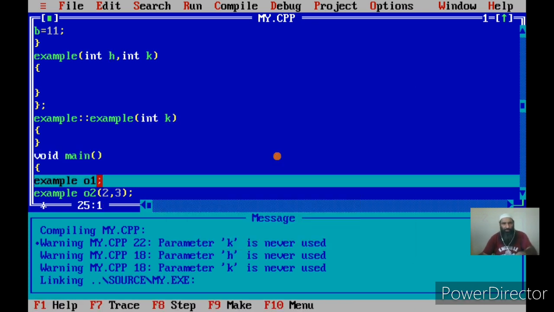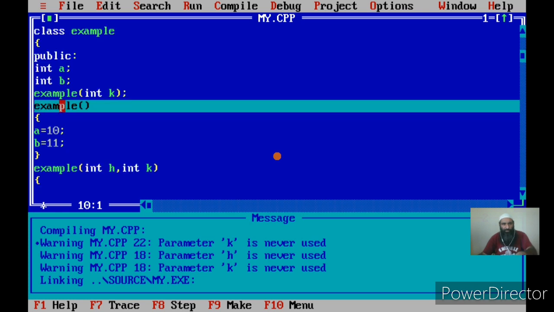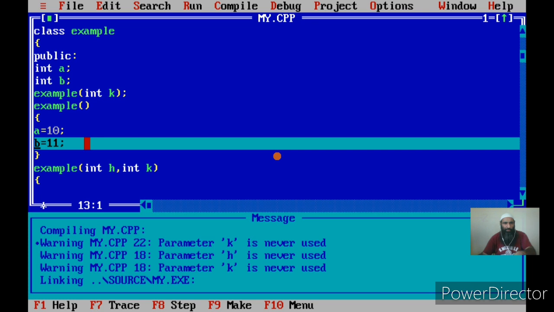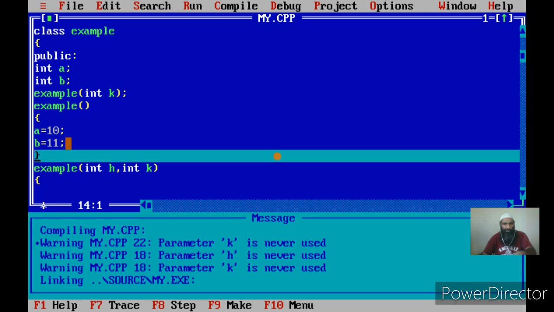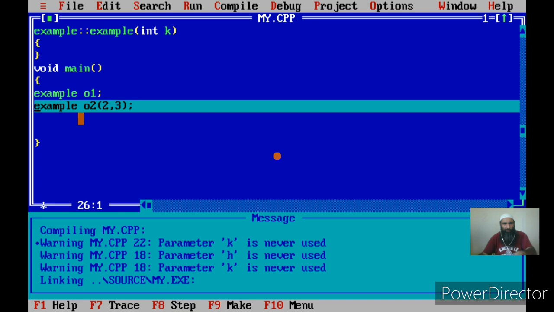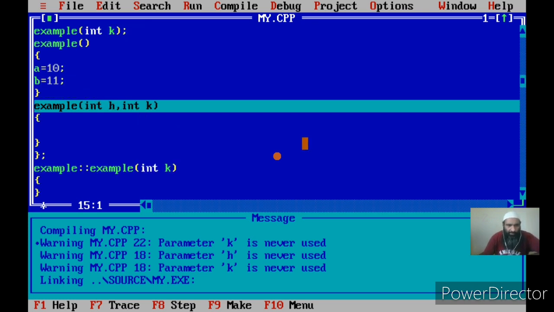Now in this case, let us see which constructor is called. If you see, the constructor example has been called, but it does not have any argument, so this default constructor is called automatically. Now the members of the object are initialized to the values. After this, in the second statement, you are calling the two argument constructor, that is the constructor with the arguments. This is also called a parameterized constructor. So the parameterized constructors are to be called explicitly. We have to call them explicitly. They will not be called automatically. Let us see what happens. Now this is the two argument constructor that has been called here.